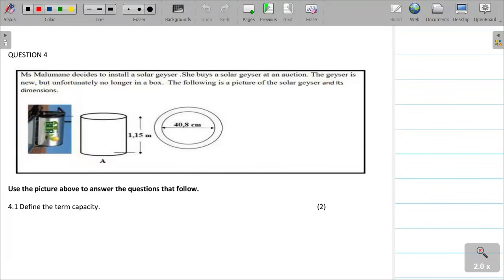Good afternoon, class. Today we are going to work on the term one common test, the term one end of term exam or end of term test. As you can see, these are the concepts or the units that we are going to be working on. Our paper is just going to be a typical paper that we are going to write at the end of the